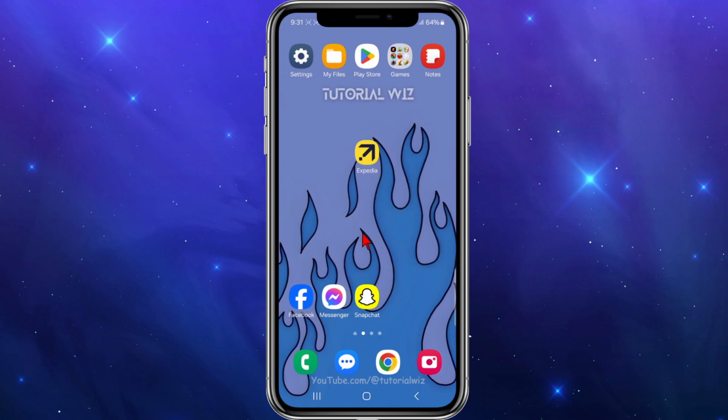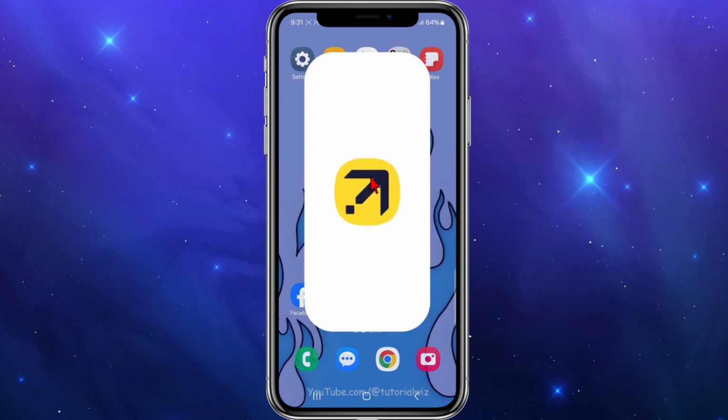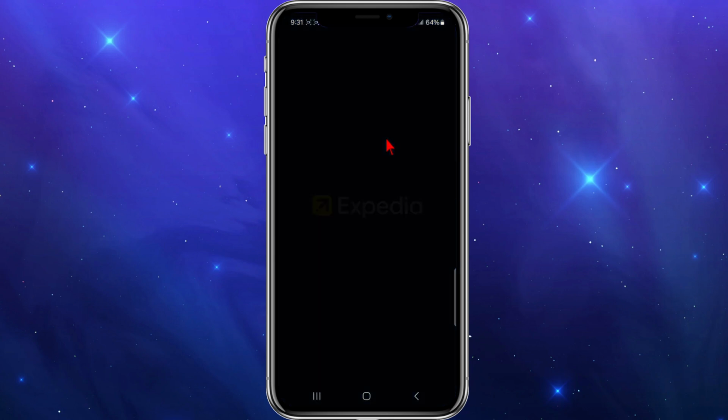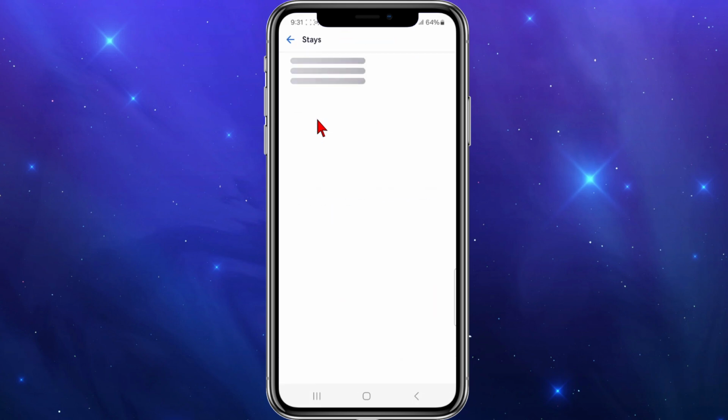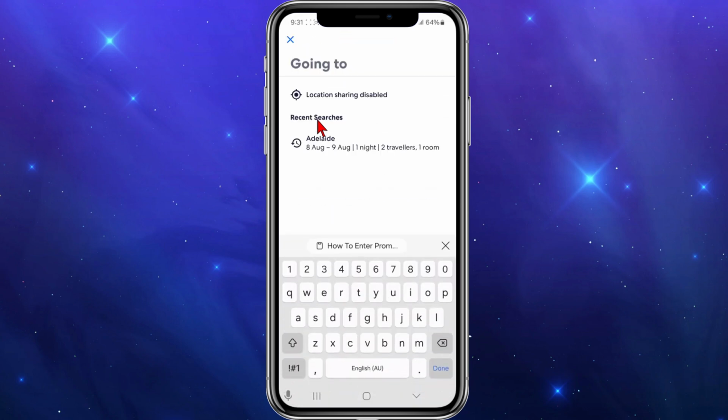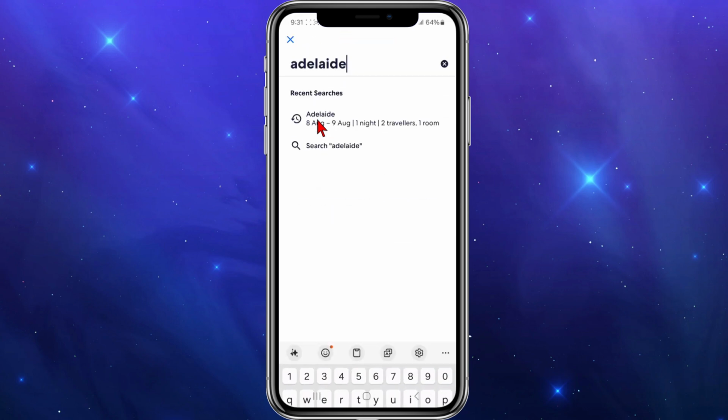In saying that, let's just jump straight into it. Alright, so I'm going to open up Expedia, and for this demonstration I'm going to book a hotel where I live, for demonstration purposes. So I'm just going to type in Adelaide here,